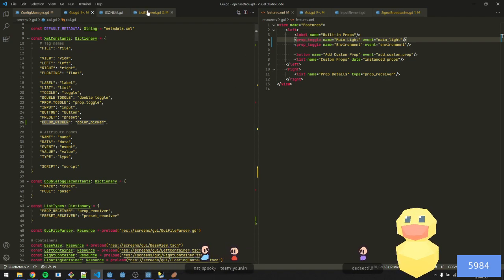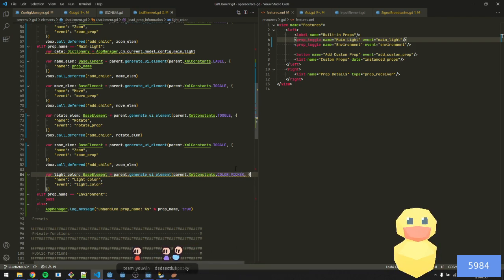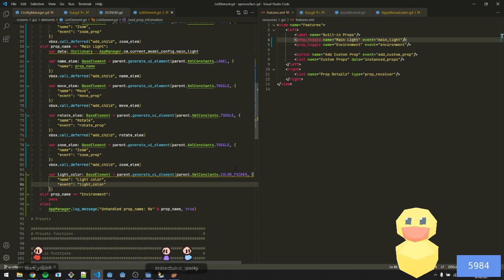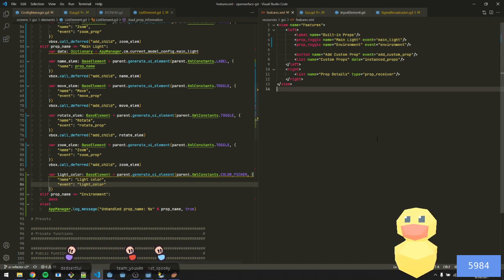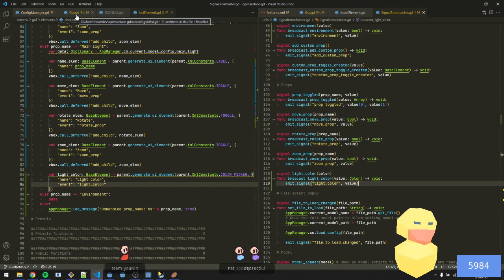Color picker. So this is color picker. Yeah, I thought it was totally normal, but maybe not. So color picker emits this, we'll send it to here, and then GUI will need to catch it and then handle it. And then there's another thing. Maybe the GUI will just handle